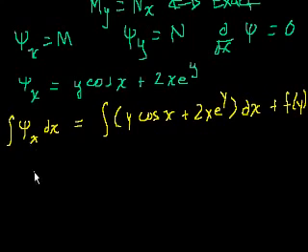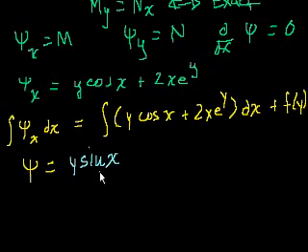So anyway, this will simplify to xi, right? Xi is going to be equal to the antiderivative with respect to x here, plus some function of y that we might have lost when we took the partial with respect to x. So let's figure out this integral. I'll do it in blue. y is just a constant, so the antiderivative of y cosine of x is just y sine of x, plus e to the y is constant, so 2x. The antiderivative of 2x with respect to x is x squared, so it's x squared e to the y,